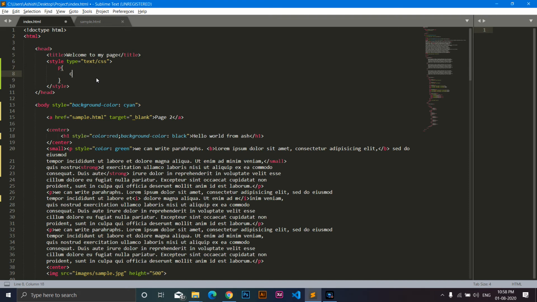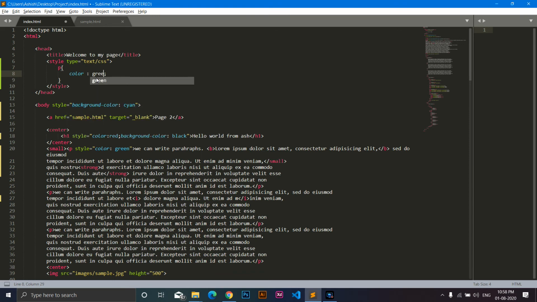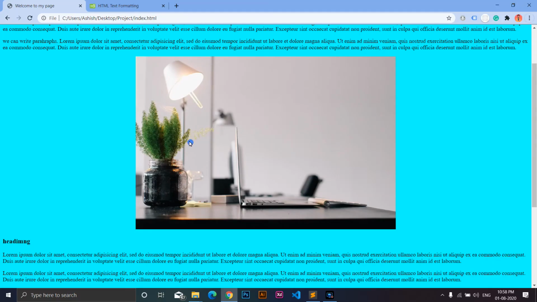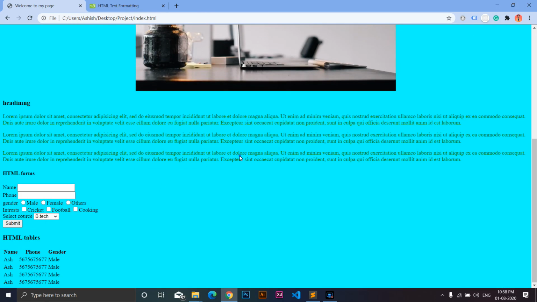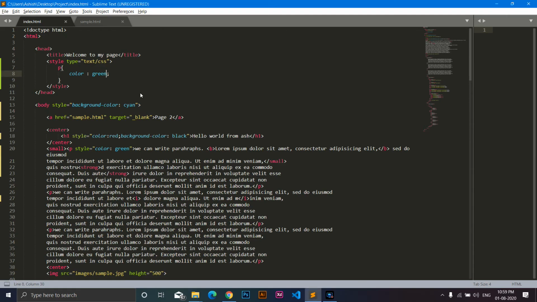I want the CSS property of color, and color is going to be green. And if I save and go back, now you can see all of our paragraphs have become green. You can change it to anything you want. Let's say red.